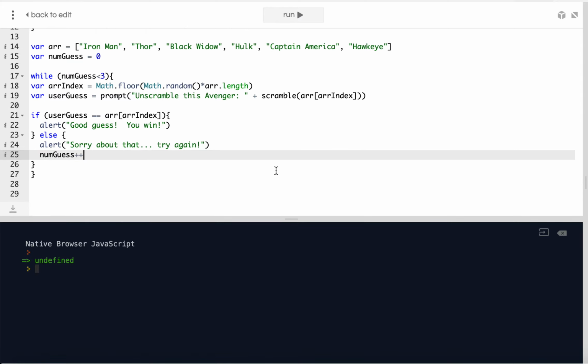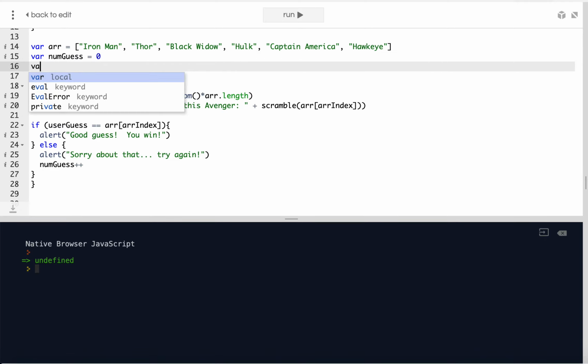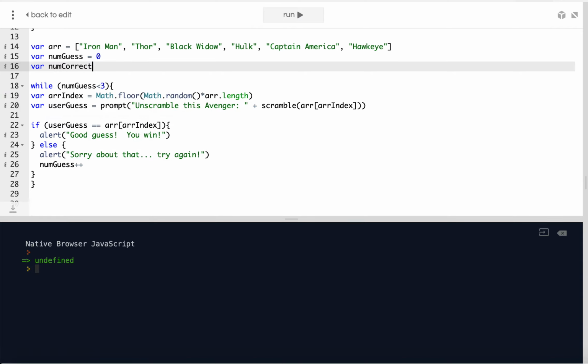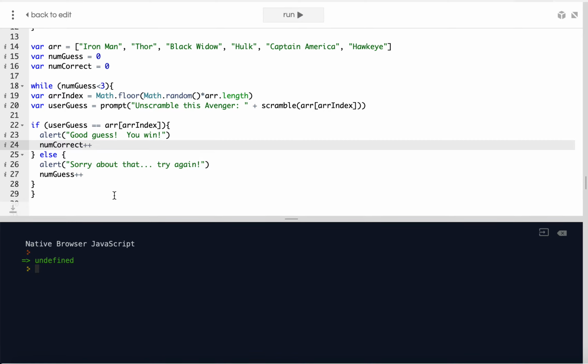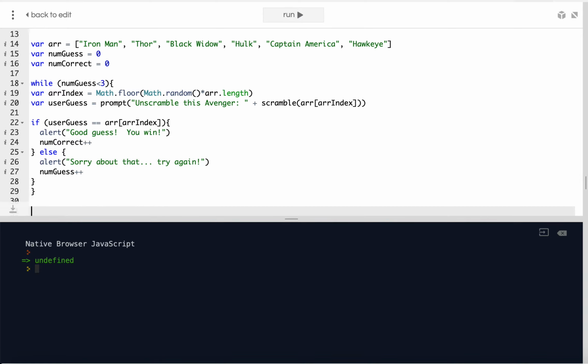Okay? And then I want to also keep track of the number of correct guesses that the user has made. And when the user gets it right, I want to increment num correct. Okay. So now if I run this program,